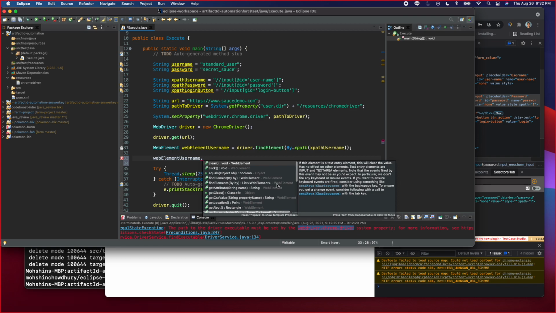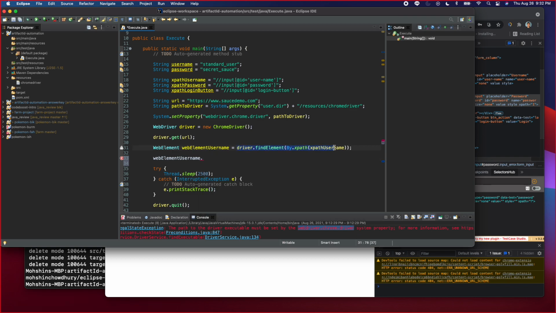What are we trying to do again? So right here we found the element, right? The XPath to the username. This should contain the web element for the username, right? Yep. It's locked in here. That's good so far. Now it's asking us, we got the web element, what do you want to do with